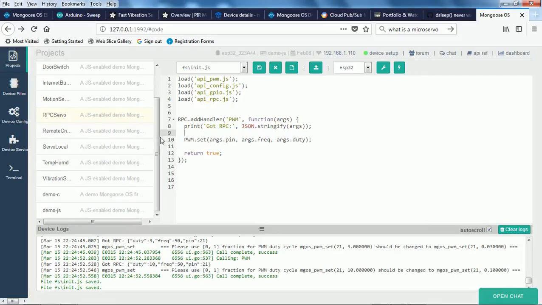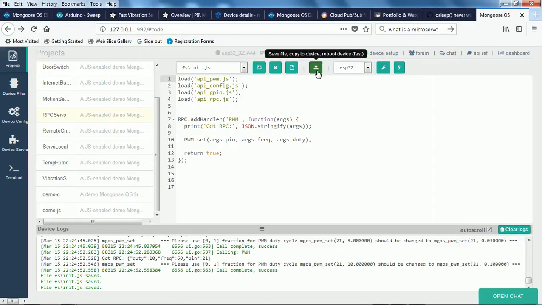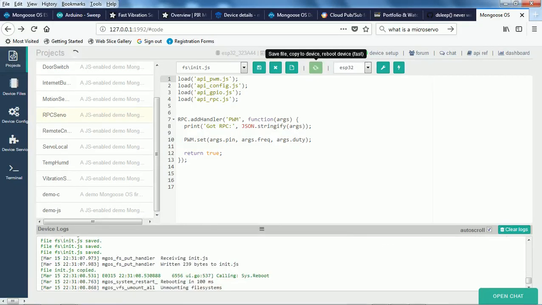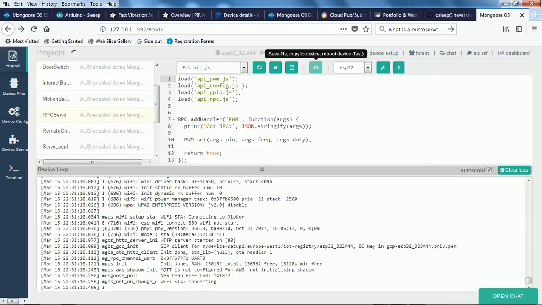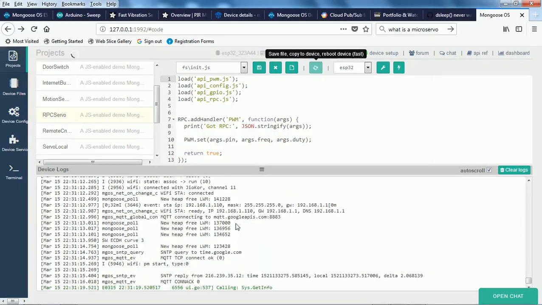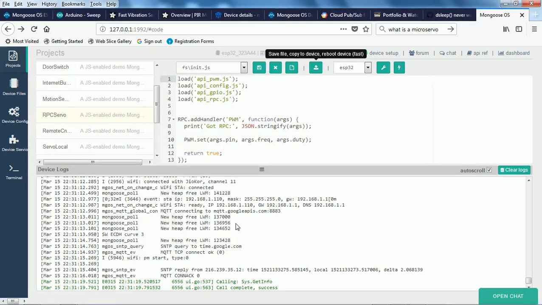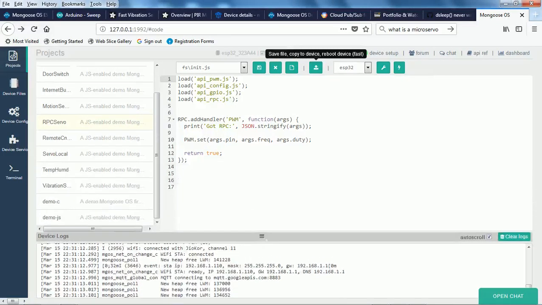Now let me explain where this service is created. You need to go to the device service. Maybe I will load it in front of you so that this becomes clear. Let me first save this program. Once saved, we will upload this program. You can see these messages are coming. All those things have come. Here you can see it's still going on. This is a bit of a longer process when we are doing the RPC service creation. So now it is complete.